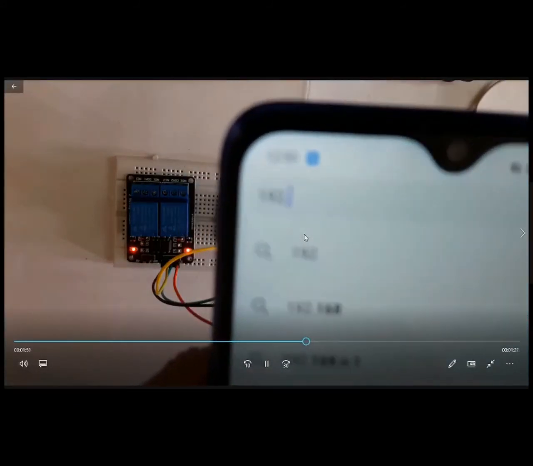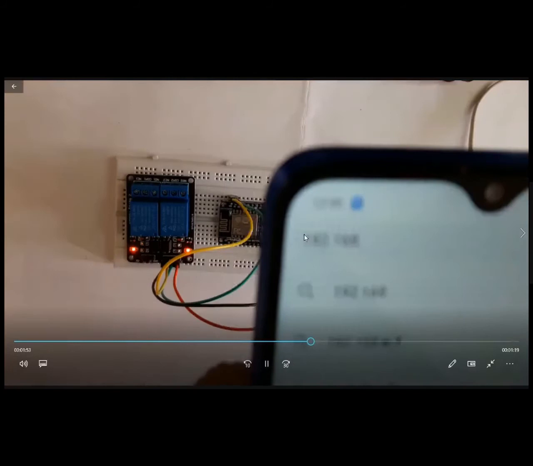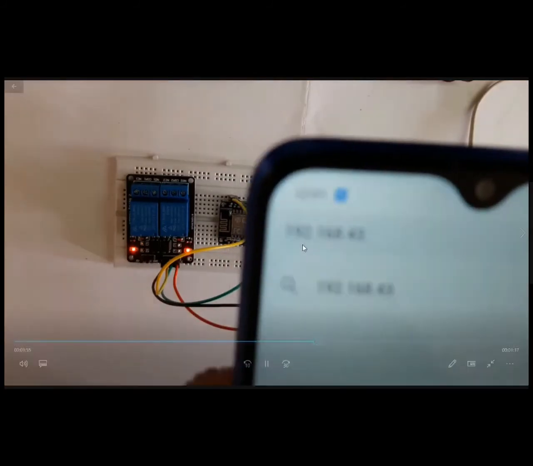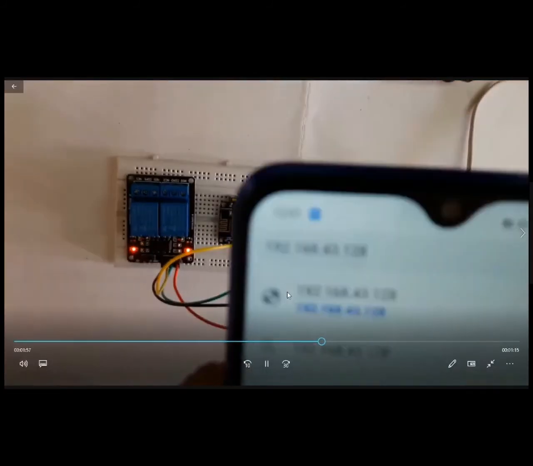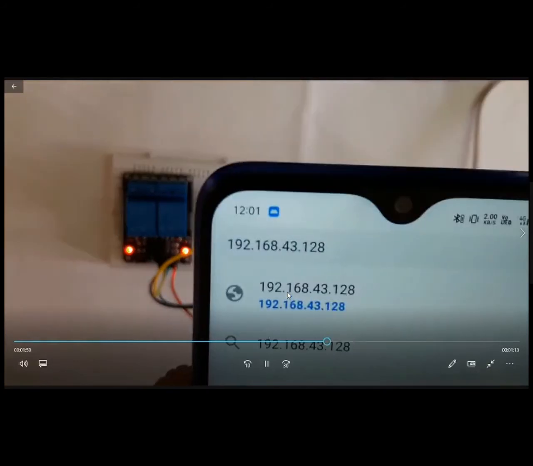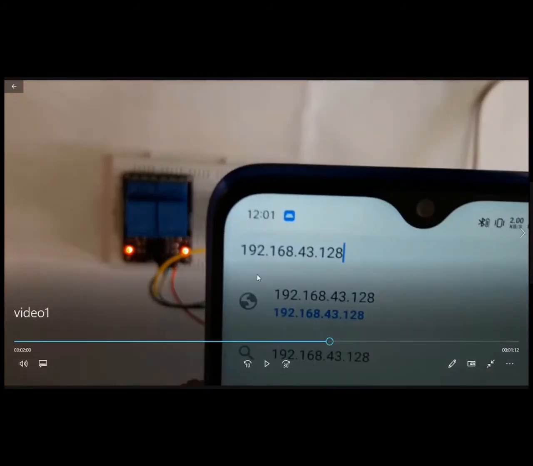Okay, now you can see that what I have written is 192.168.43.128.